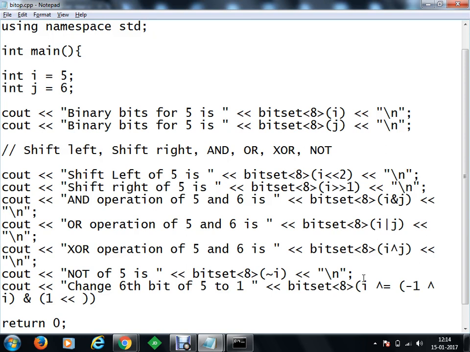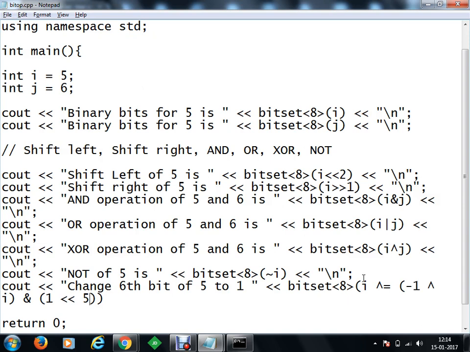You have to always take the 0th index from the rightmost bit and then proceed to the left. So if we want to set the 6th bit, we have to set index number 5, because it starts from 0 at the least significant bit, and the rightmost bit is the least significant bit.